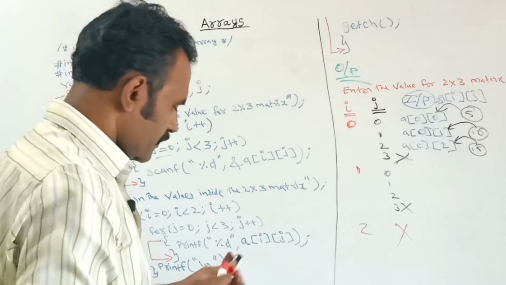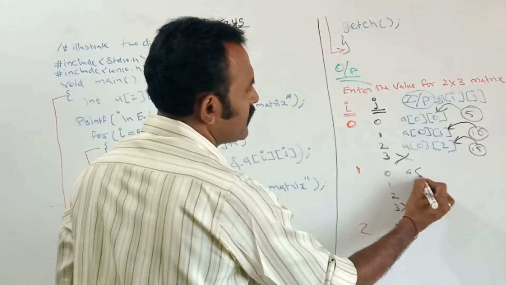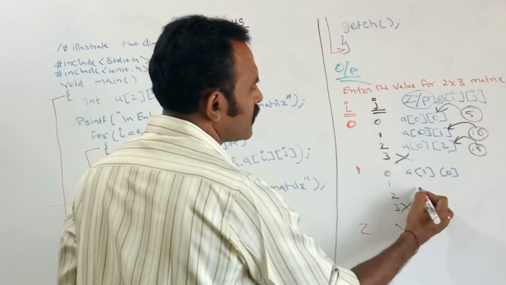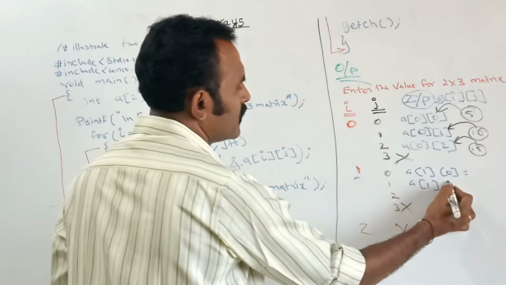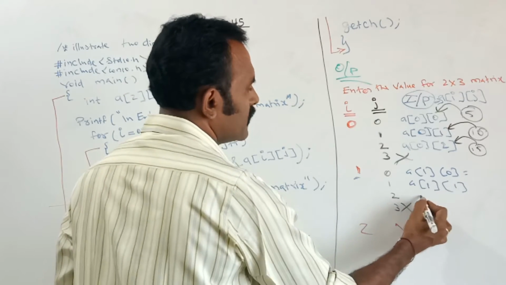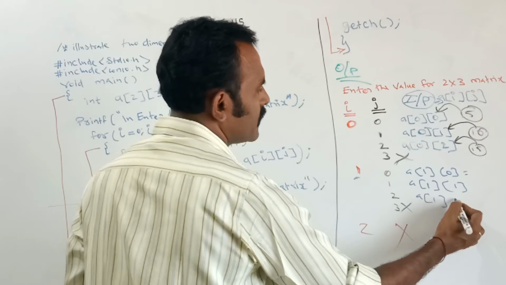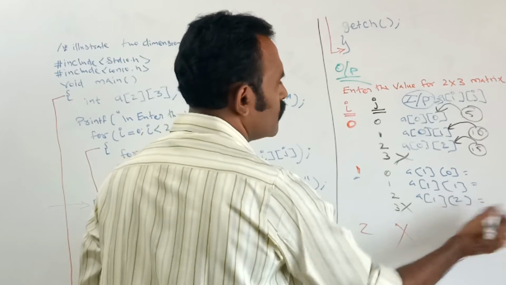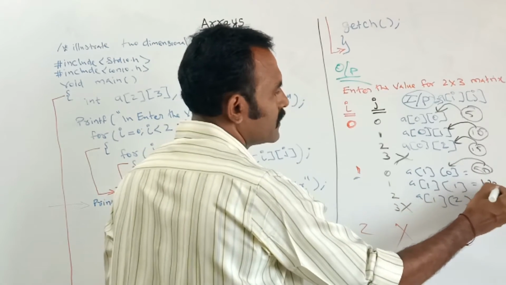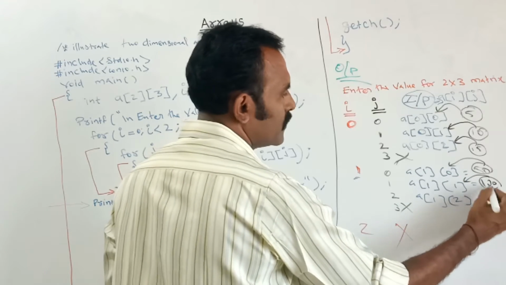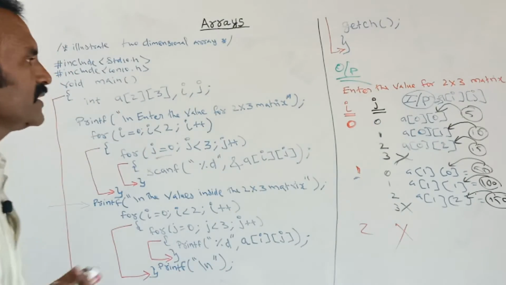See, here one thing is important. For each and every time, in a similar way, a of first row and 0th column, a of first row, that is the i value is 1, and here the j value is 1. Here a of i value 1 and j value now 2. If you are giving 50, this 50 will be stored here. 100 will be stored to this position. 150, then 150 will be stored to this position. For each and every position in this way.